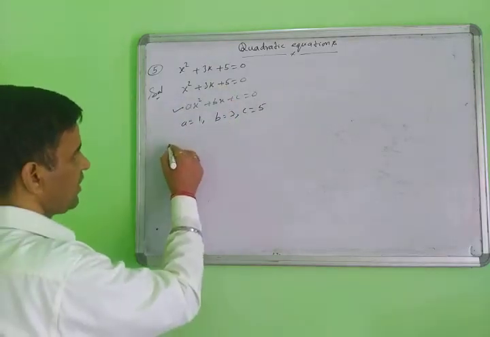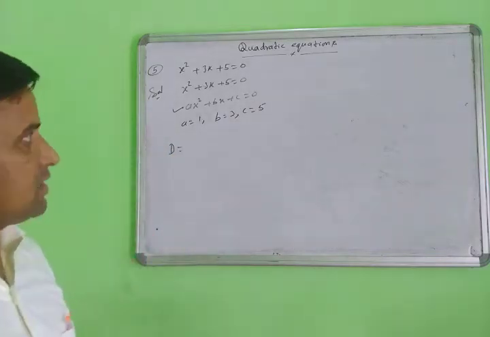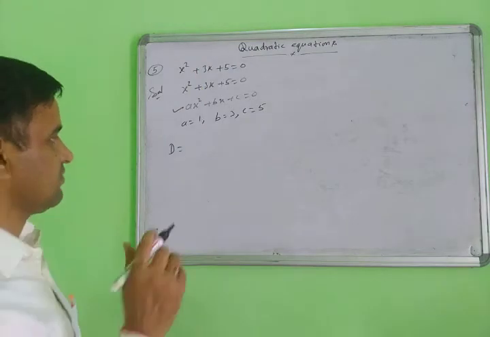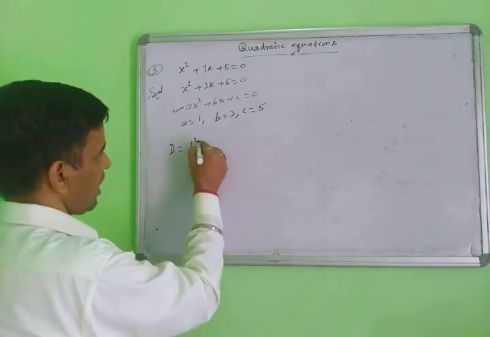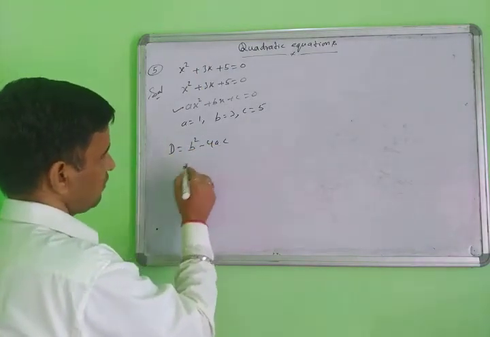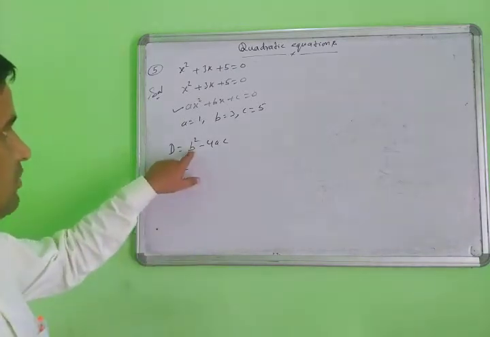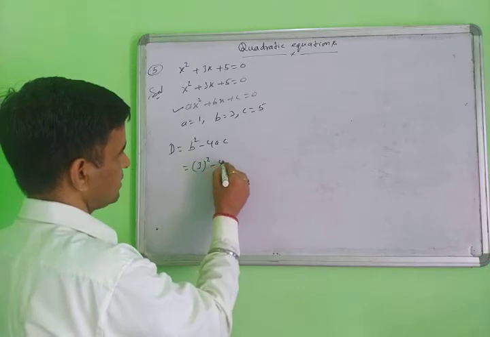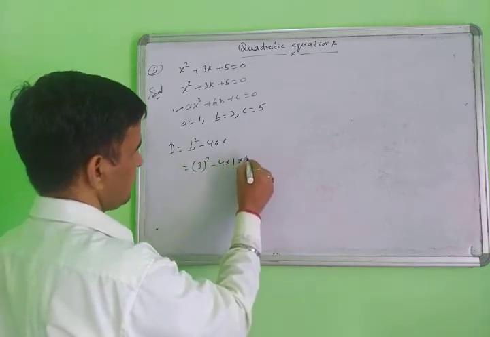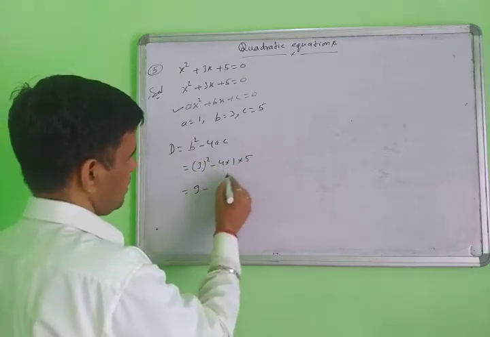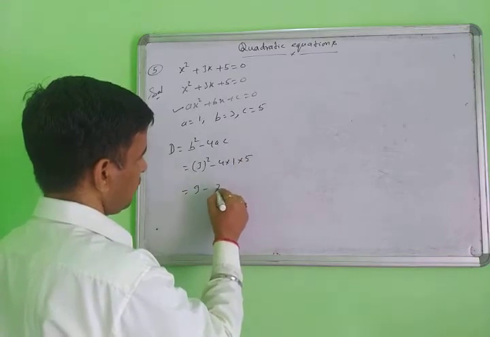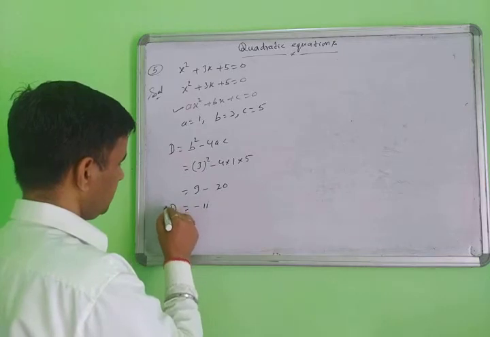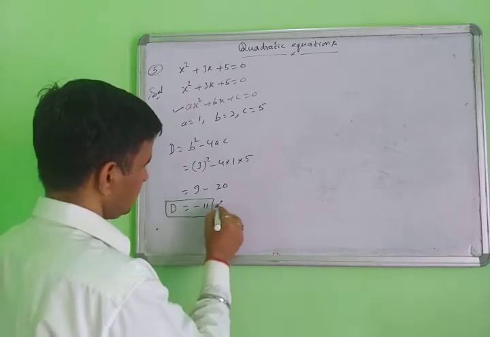Same as before, you will check whether the given equation has real roots or imaginary roots. First you will check D equal to b square minus 4ac with the help of this. What is the value of b here? 3. So 3 square minus 4, a is 1 and c is 5. 3 threes are 9, 4 fives are 20. This is minus 11. The value of D here is minus 11, which is less than 0.